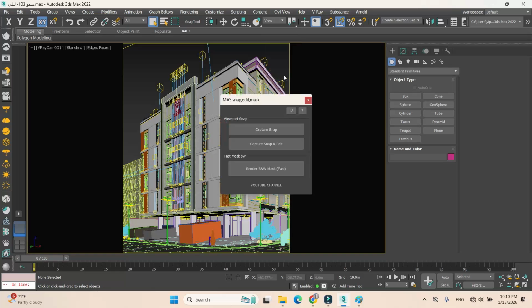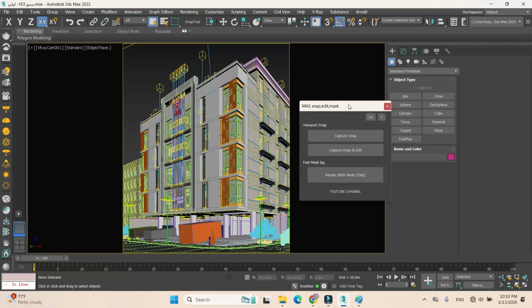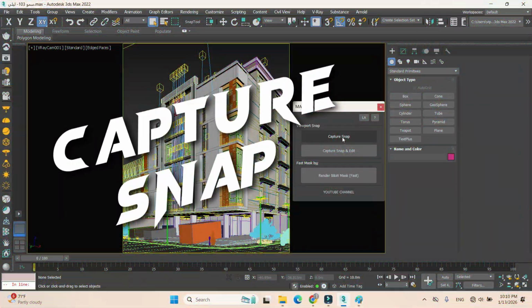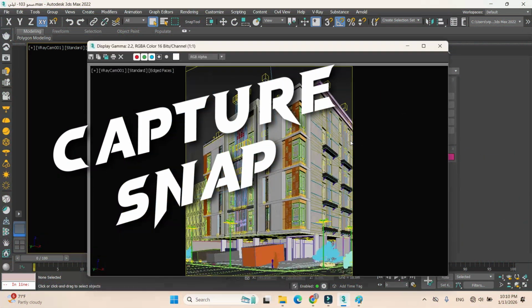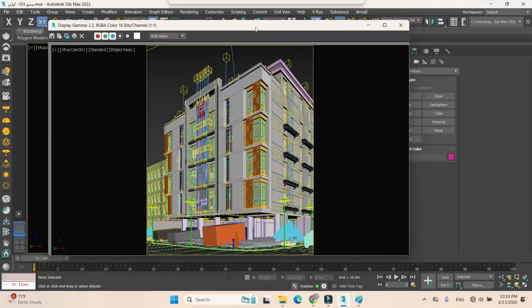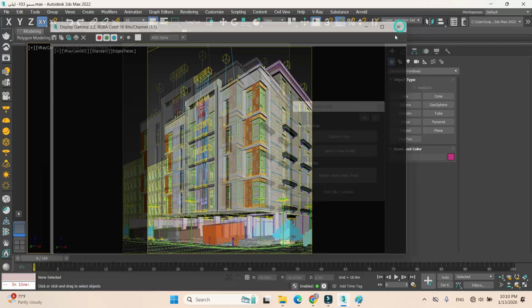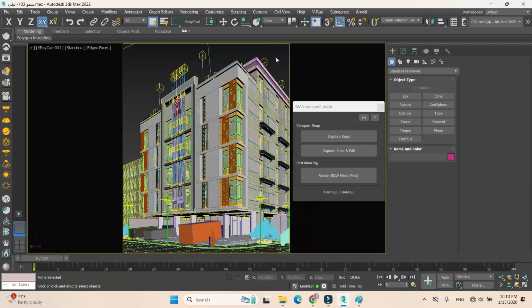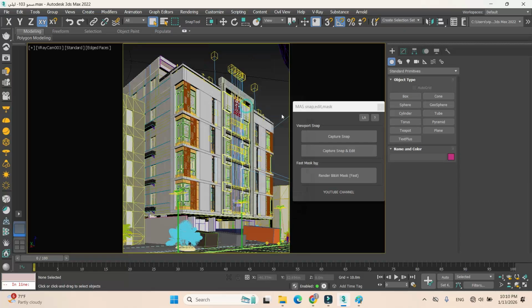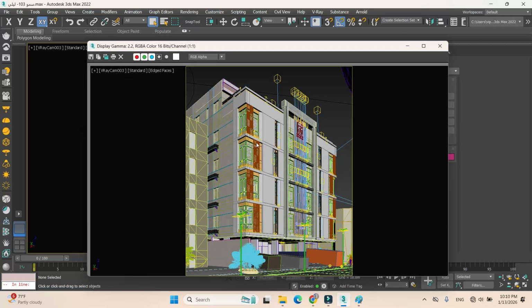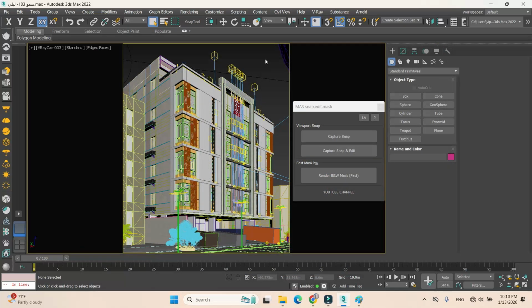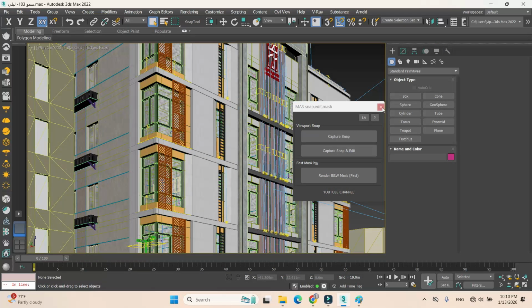Let's drag it in and try it out. As soon as we drag it into 3D Max, this simple little window immediately appears for us. It has three specific functions. The first one is Capture Snap. If we click on it, it takes a specific snapshot of the viewport we're currently using, whether it's this viewport or, for example, if we're on another camera, like camera number 3 or this viewport, it captures the exact one that we're working on,